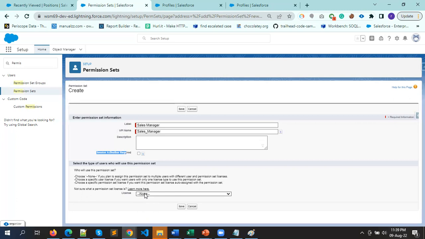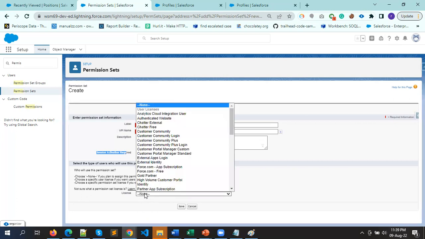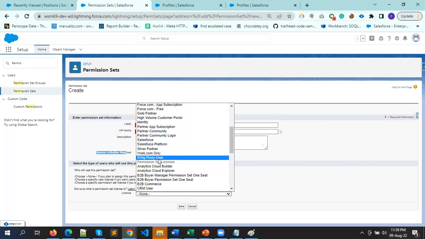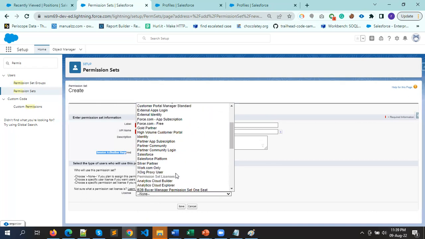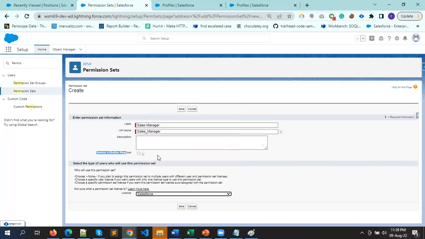And when you select a specific permission set license, only users with that permission set license can access it. You can select from the user licenses here, and then you have the permission set license. I'm working here on the Salesforce user license, so I will select this one